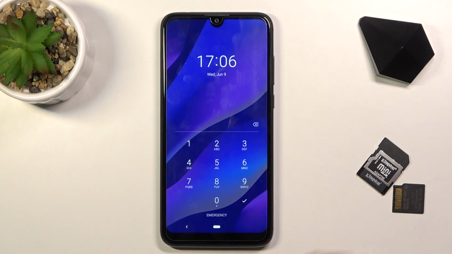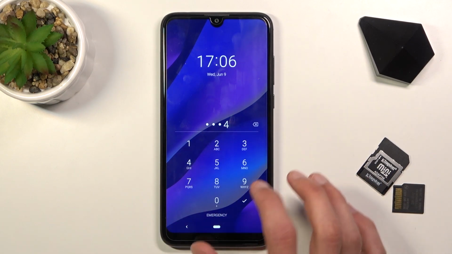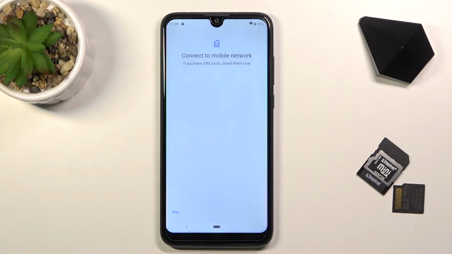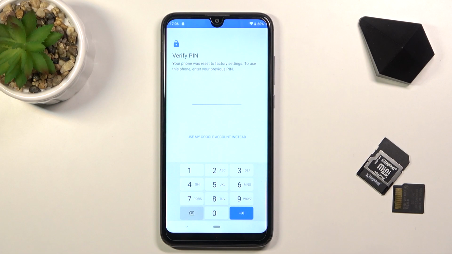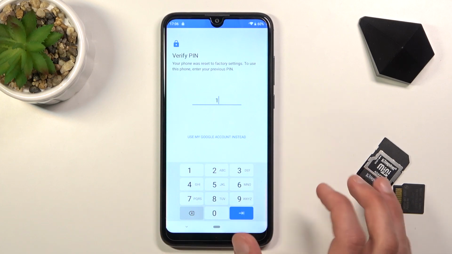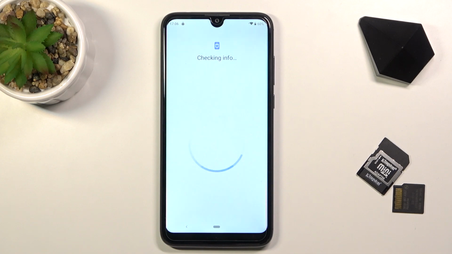So from here, it tells us to put in a pin for the device. So 1, 2, 3, 4 is the one that we have set up. And from here, we're gonna go through the setup. And there we go, there's the verification pin instead of the previously set pattern. So all we need to do now is put our pin, 1, 2, 3, 4, bam, and we can finish